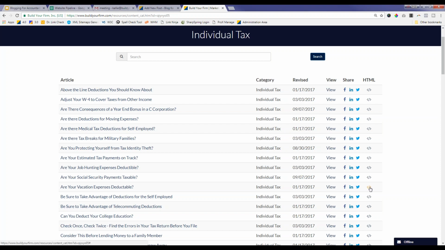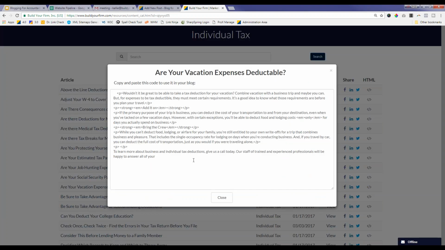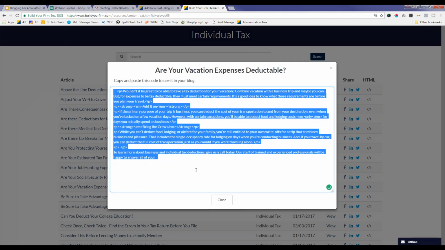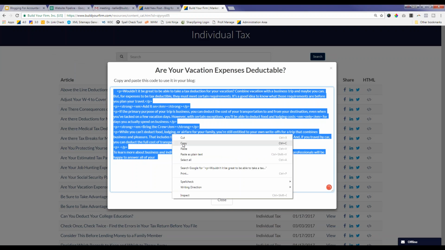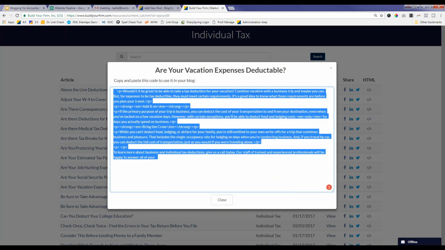It's the final task, like all the way over to the right, and it's called the HTML. And so I'm going to grab that little icon, I'm going to click it, and what's going to happen is this article is going to open up in the HTML form. So I can go ahead and select it and then copy it. So obviously I can right click and copy, or I can hit Control-C on my keyboard and copy it.